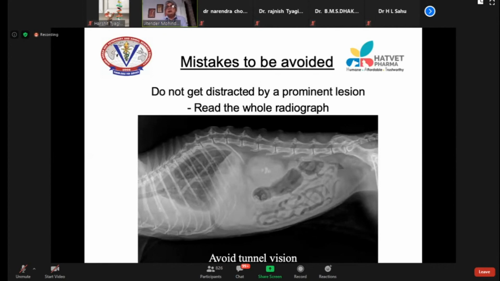Make a pattern, write it on your board or paste it on your computer desktop screen, and you follow that path, or put it under your glass. I'll evaluate all these structures. If you evaluate all these structures, you are not going to make any mistake. If you start missing things or missing structures, you have not seen that structure, how can you diagnose things in that? So always try to evaluate radiographs in a deliberate manner.